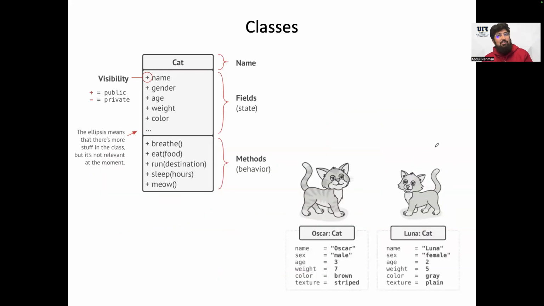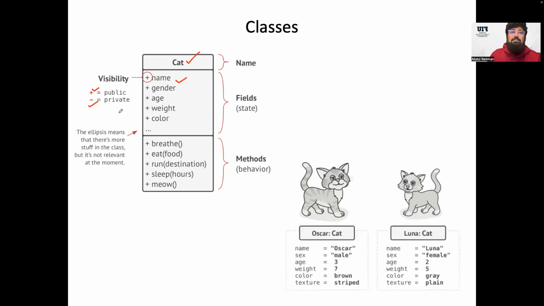So let's say, as I just told you, that we've got a name, we've got states or properties, and we've got methods. Let's say there is a cat. It's the name of the class. So we are not saying anything about any specific cat, but we are just simply collecting the things that could be in a class. And we've got some properties, like every cat has name, gender, age, weight, color. These are some values that we assign to it. When you see a plus sign, it means everybody can see that, and if you see a minus sign, it means not everybody can see that.